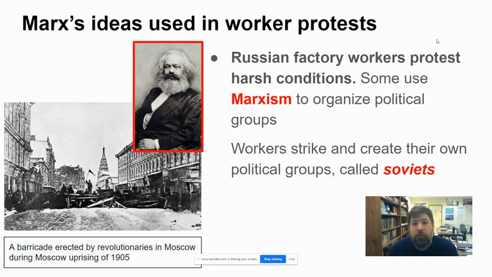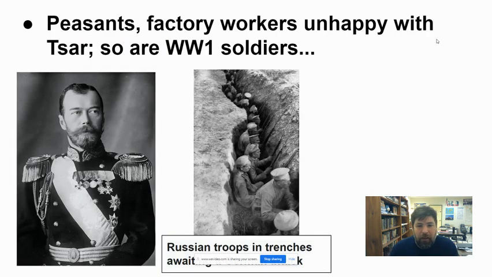And so these Russian factory workers and peasants start to get interested in Karl Marx, and they start creating political groups, sometimes illegal political groups called Soviets. That word will become important. Okay, so we've got the peasants who are unhappy, the factory workers are unhappy, and now World War I happens,